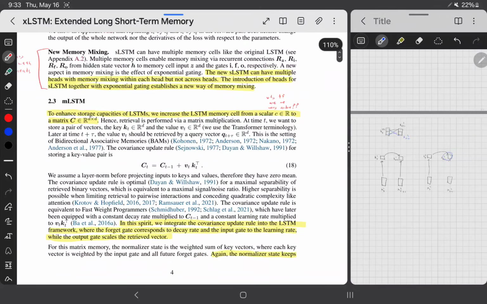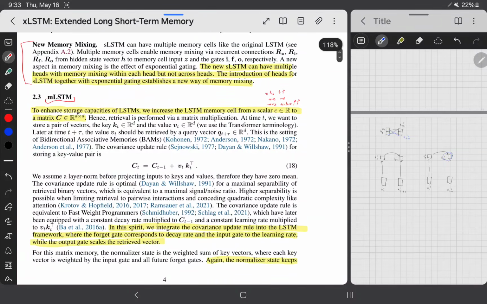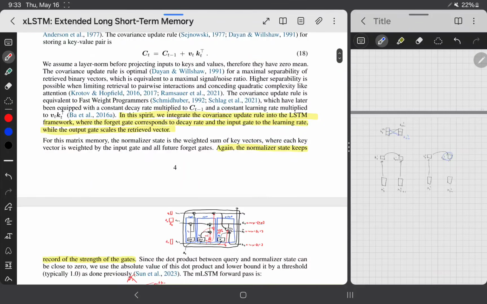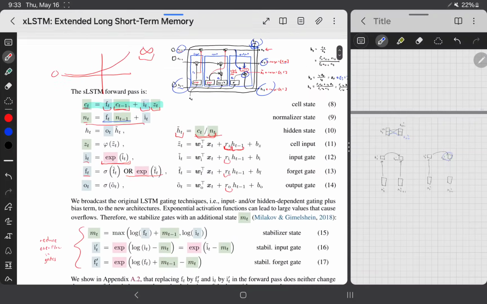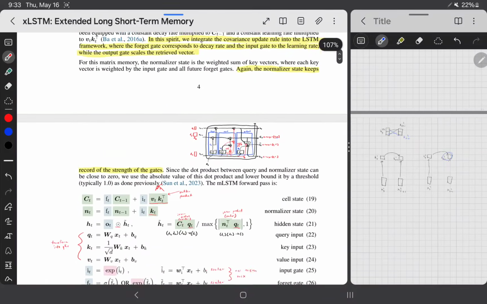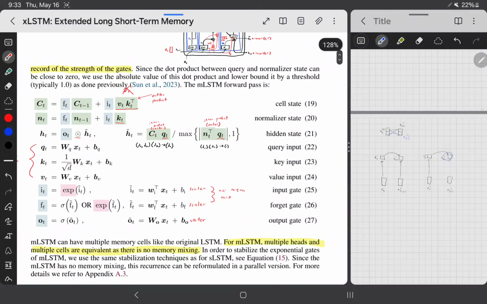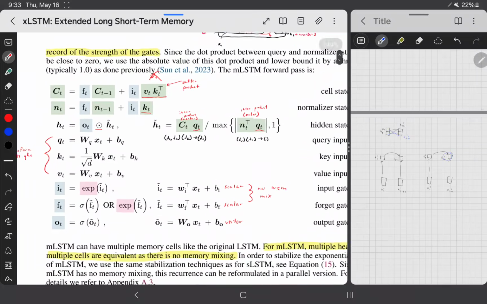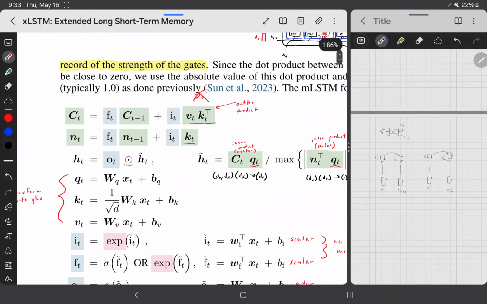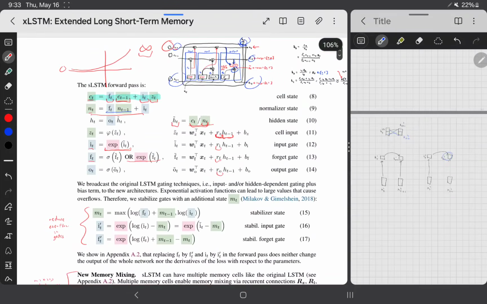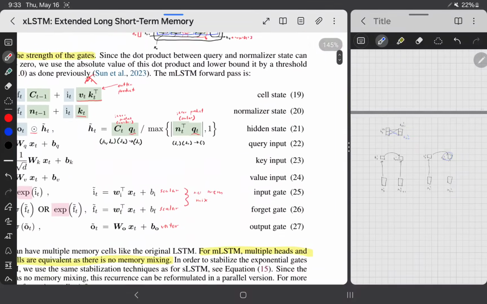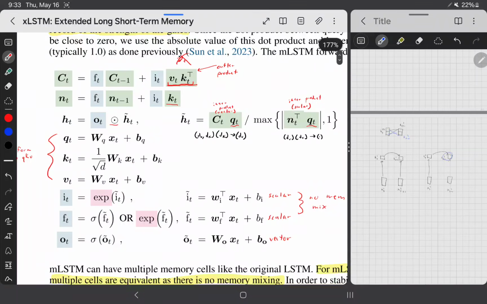So they say they want to fix this by creating this mLSTM here. And mLSTM stands for matrix LSTM. So they say they convert this from a scalar to a matrix d by d. So instead of it just being this one scalar, we're going to have a matrix. And they do that by doing this simple operation where instead of the input being over here, zt, which is just a scalar, the input is now going to be an outer product between